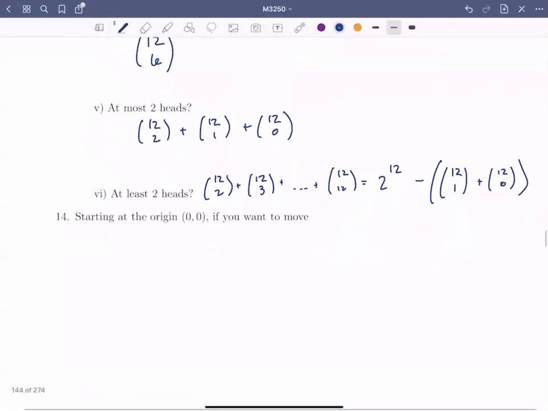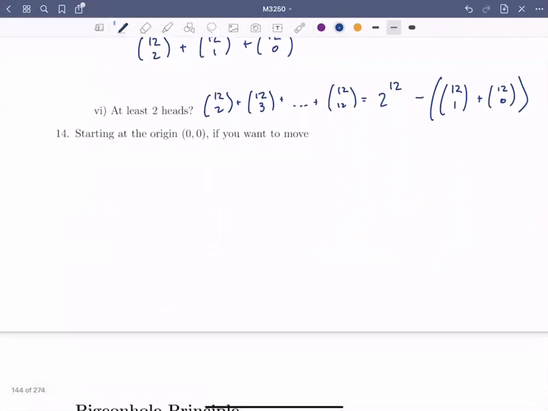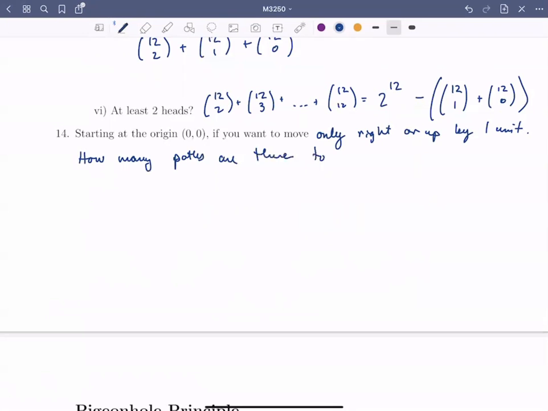One last problem, and apparently this didn't render correctly, but we're starting at the origin. We want to move, and we're only allowed to move right or up by 1 unit. And then what I want to know is how many paths are there to the point 5,5? So what we're doing is we're starting with,